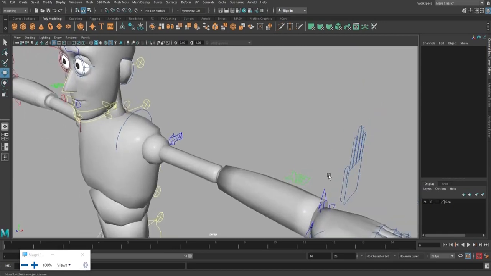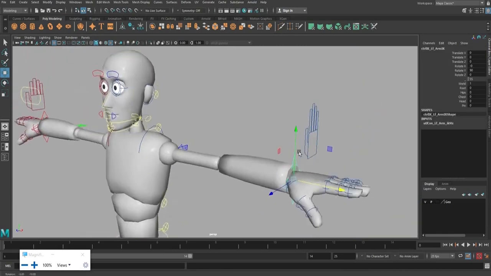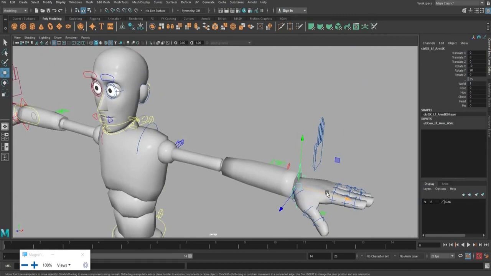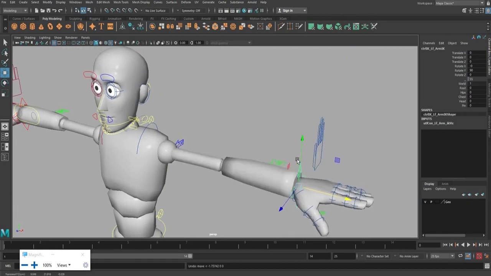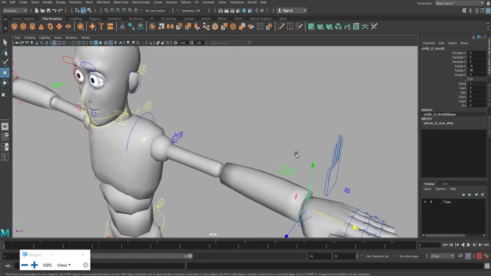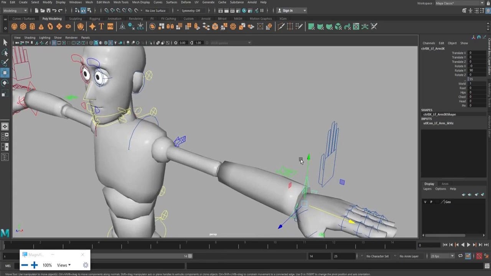One can be applied with the IK method. This is IK. And the other one is FK. There will always be an option to switch between IK and FK. First, I will give some clarity about FK.